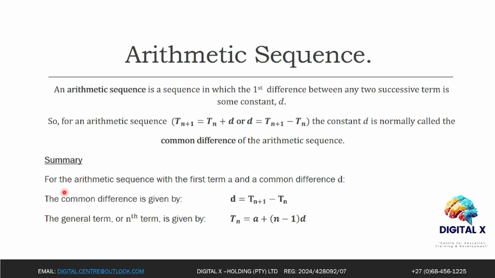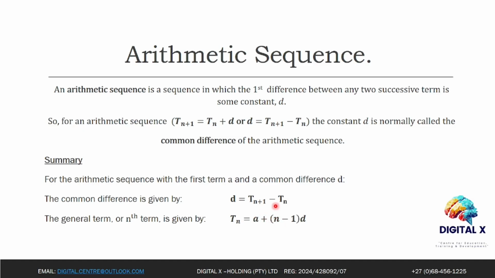Now, just to summarize, a summary on arithmetic sequence. For the arithmetic sequence with the first term a and a common difference d, the common difference is given by this particular formula over here, and the general term, or the nth term, is given by this formula over here, which says that t subscript n is equal to a, a being the first term of our sequence, plus (n